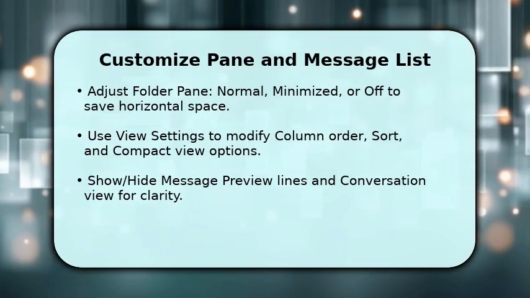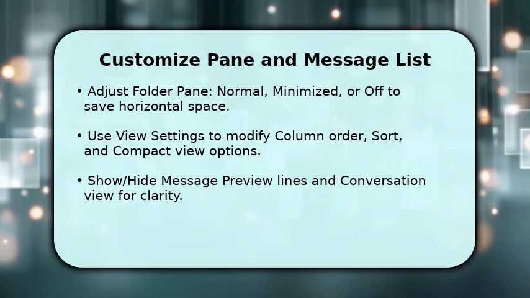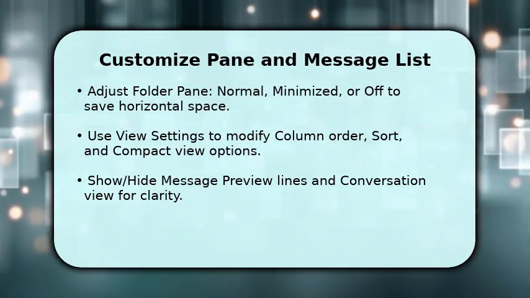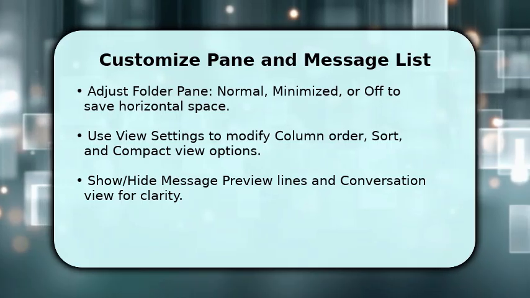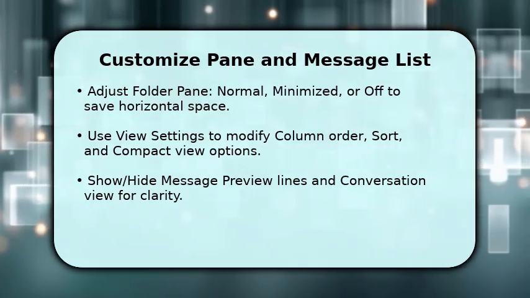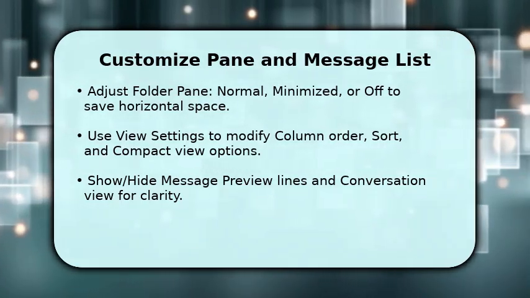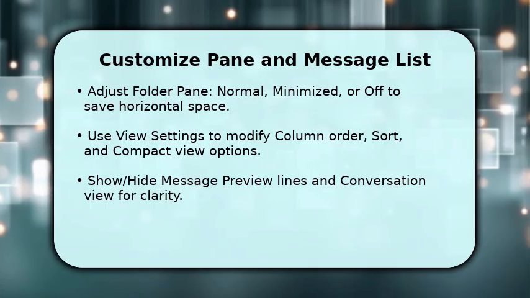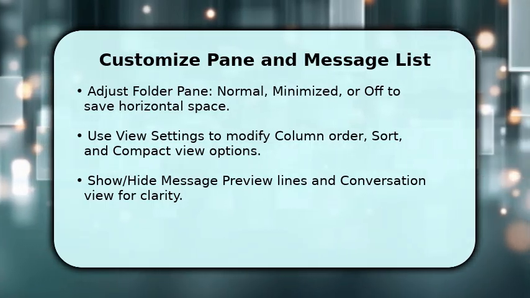Once you have the reading pane arranged, customize the folder pane to free up space or speed access. Choose normal, minimized, or off depending on screen width. Then open View settings to reorder columns, change sorting, and toggle compact versus single-line views so message density matches your